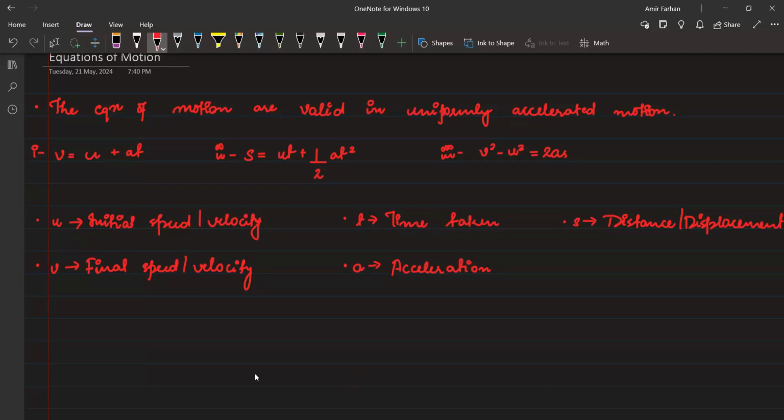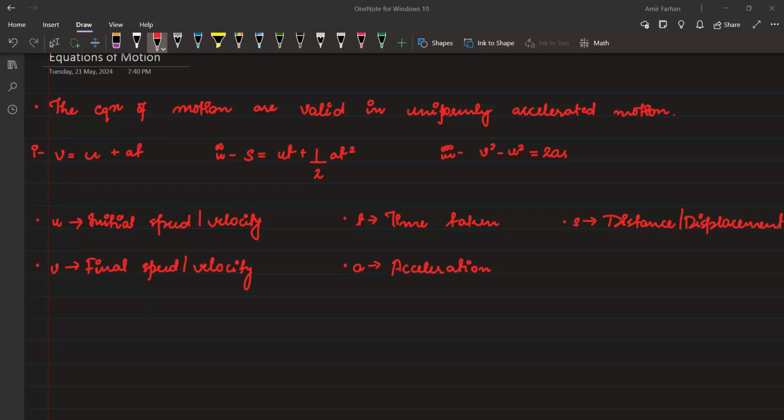Okay, everyone. So we have to analyze the question to decide which equation of motion is suitable. I'm not saying that you have to use only 1, 2, or 3. You can use all three, but it depends from question to question. You have to analyze. Once you start solving questions, you will get accustomed to it and solve accordingly. Right, everyone? Is this clear? Yes or no?